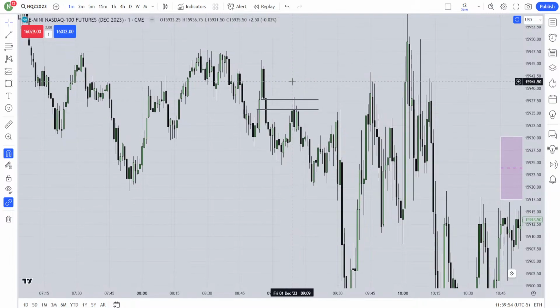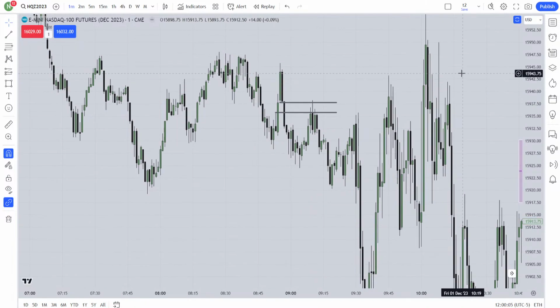Now if you ask me, can you please show me where ICT talked about this rule? No brother, I can't show it to you, because ICT talked about the IFVG, but he didn't say this. I don't go with the general one. Okay, I saw this type of fair value gap work perfectly because it failed. What is the logic?